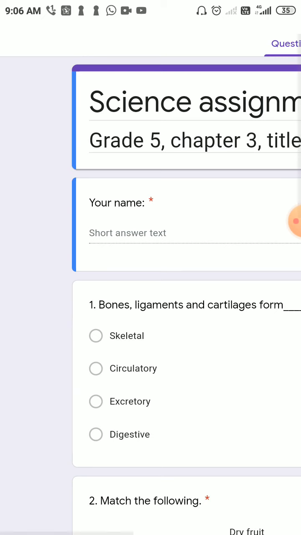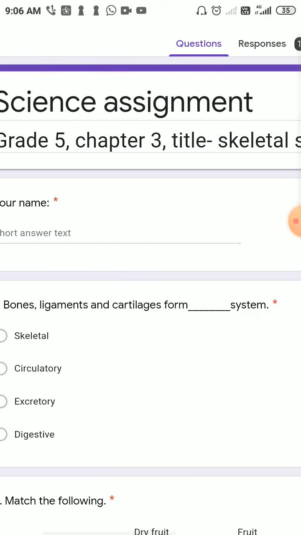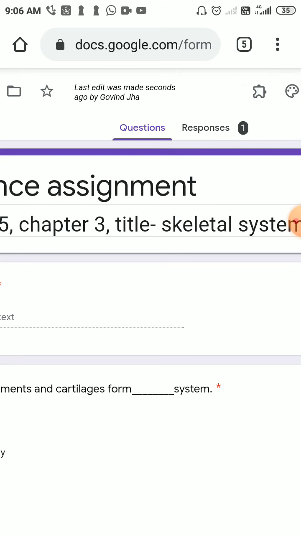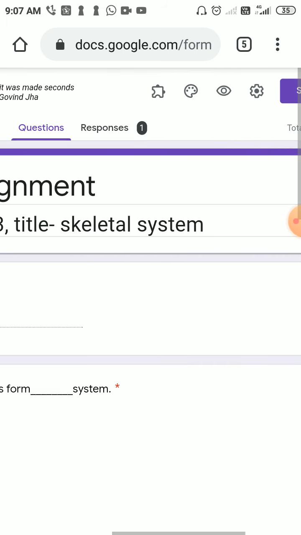After making this form, we can preview the form. We can send the link of this form to WhatsApp. We can see the responses. We can create the spreadsheet, the Excel sheet. We can see the complete report card of your children and the responses, how many scores he or she scored, in the Excel sheet itself, and it automatically updates. Also, we can give the time limit to this Google form. So I just made this Google form for 2 hours tomorrow, 10 a.m. to 12 p.m.